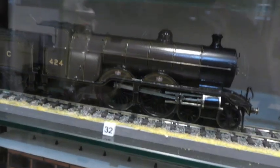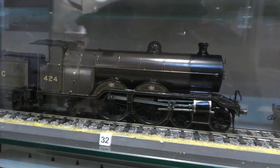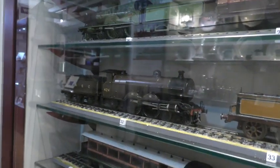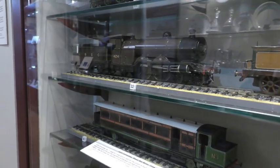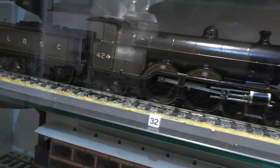There's the London Brighton and South Coast Railway H2. The engine that they're working on, a brand new engine, will hopefully be back in service soon. I'll need to inquire about when it's going to be completed. This engine here, Beachy Head. All sorts of